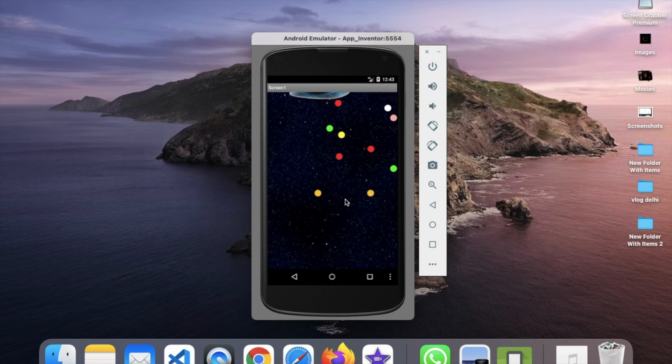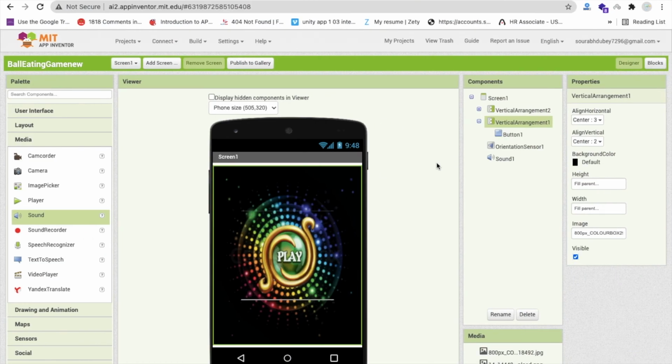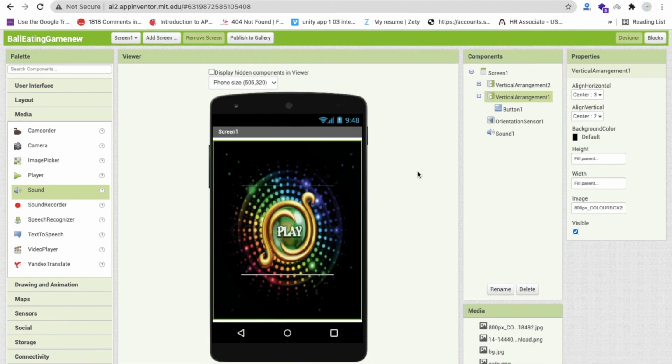We have to set their direction, and the default direction is to the right side. So we have to set direction for all these balls. And whenever they touch their edge, we have to change their direction also. We have to do a lot of things. We have to do a lot of brainstorming in this game, but yeah, we will do it step by step. But this video is going long, so I'm going to make another part tomorrow on how we can code this game.